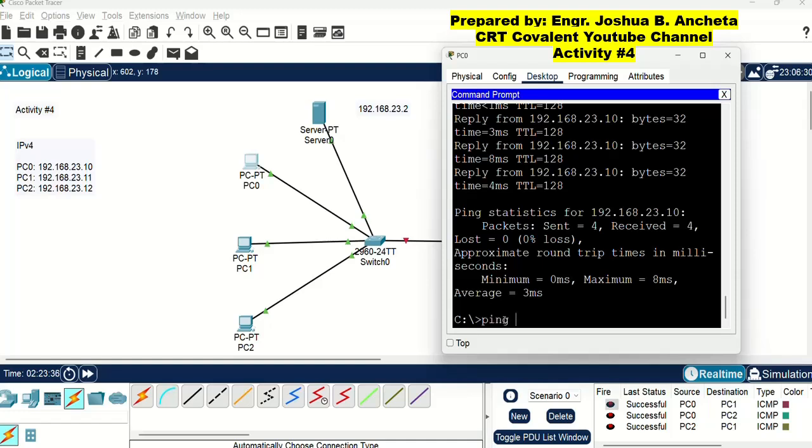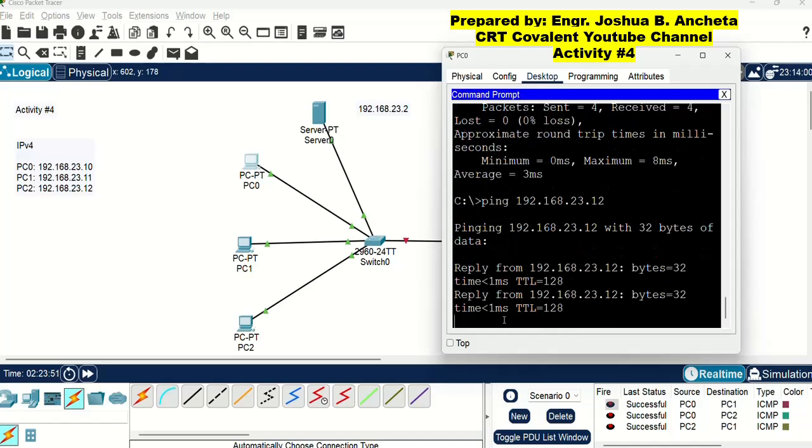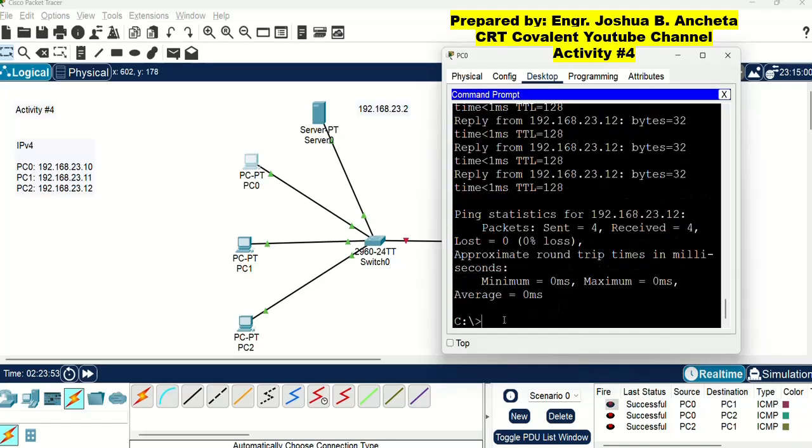Let us ping 192.168.23.12. That is the IP address of PC number 2 or PC2. So press enter. And the result is 0% loss. It means PC0 is connected to PC2.